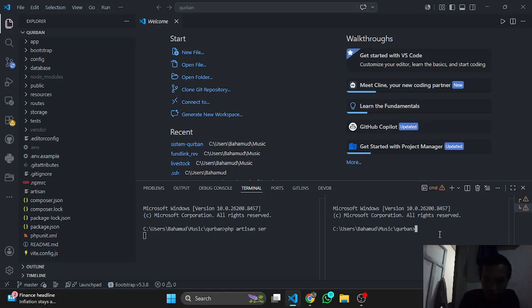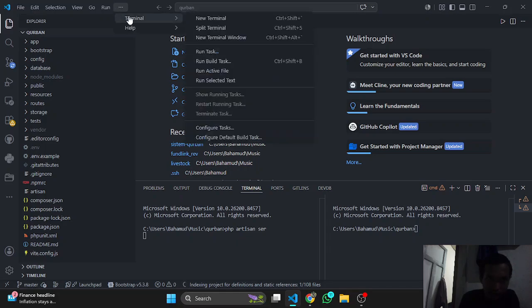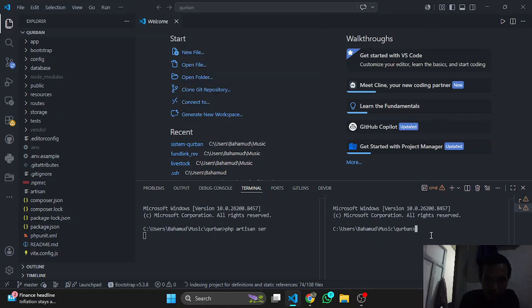You open the terminal; for another terminal, you can click the three dots here, then Terminal, New Terminal, and after it opens, you can click Split Terminal. So I will do npm run dev and click enter.